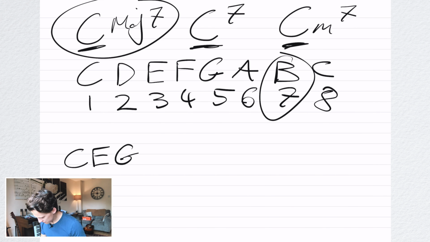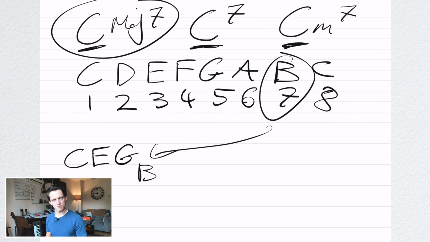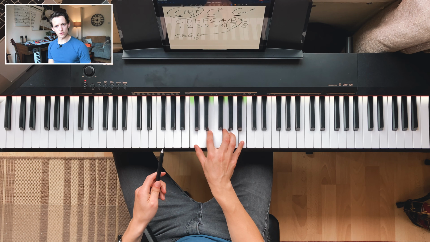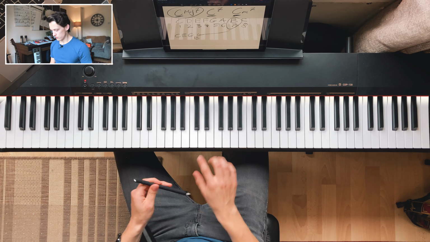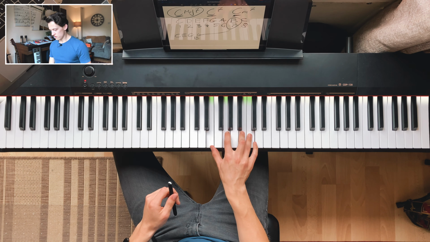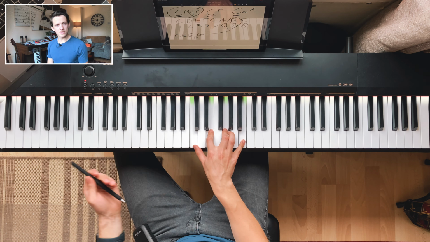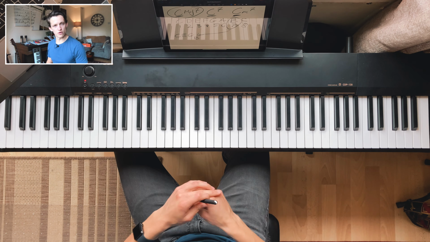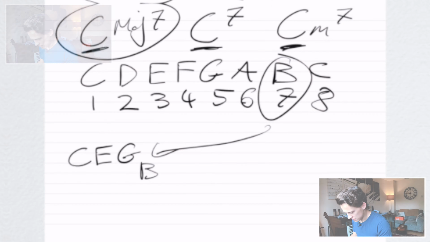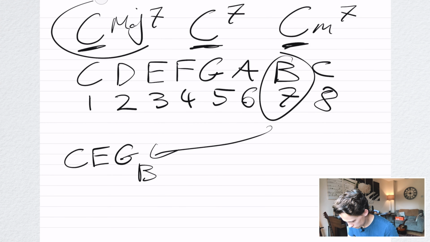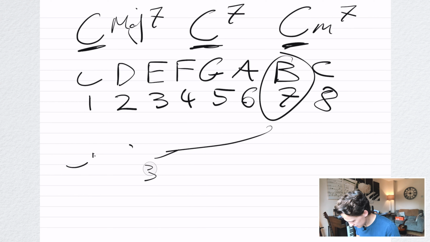So if we take that, put it here, we've got C, E, G and B, and that gets us our C major 7 chord. And of course you can play this in different inversions too. You can play it there, and you're back to where you started. Still a C major 7, just in different orders. Now let's get rid of this for a moment, and then we can have a look at the dominant 7.